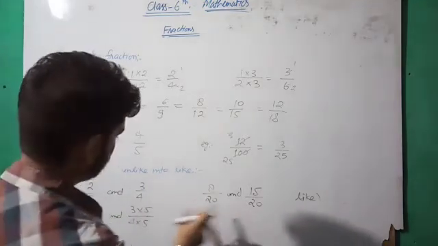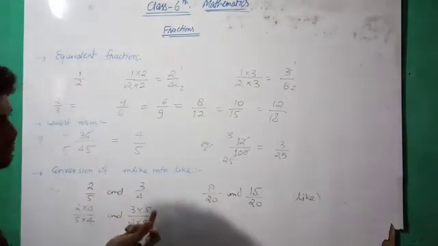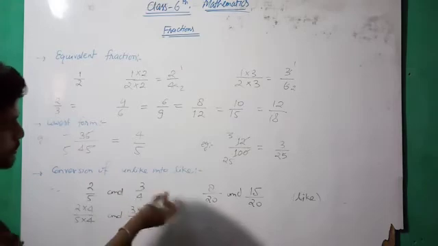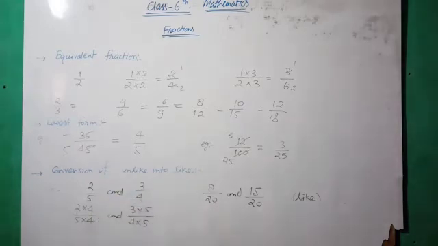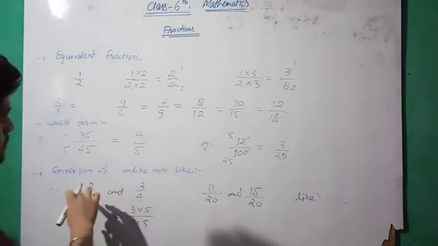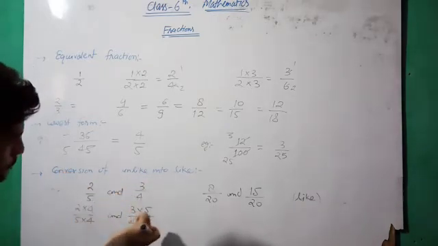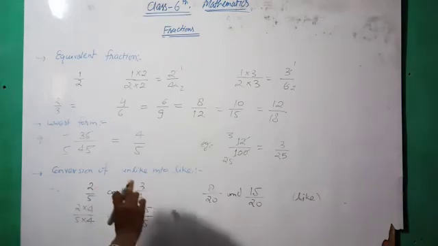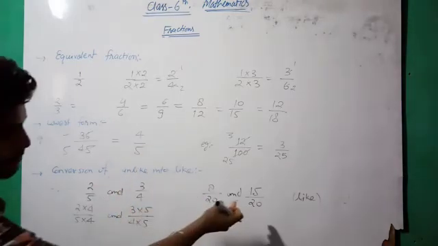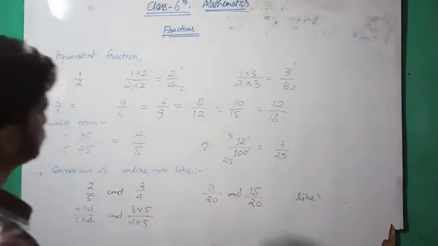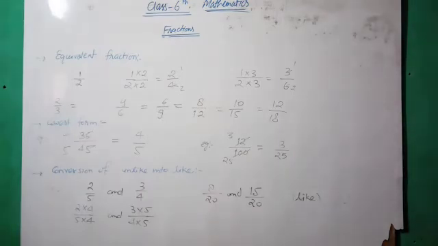Without calculation we cannot say that, because we don't know the 3 upon 4 is 0.75. Either we have to convert this fraction into decimal, then we can say that 3 by 4 is greater than 2 by 5, or we can directly use like fractions. We can see that 15 by 20 is greater than 8 by 20. Okay, now I think it is very clear.